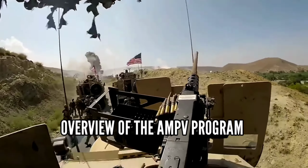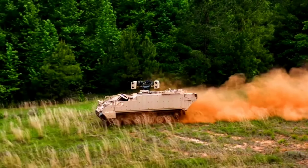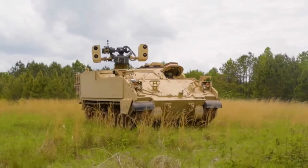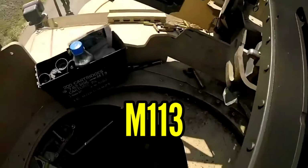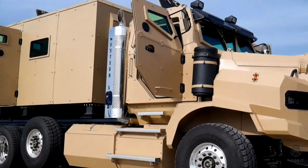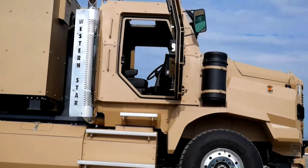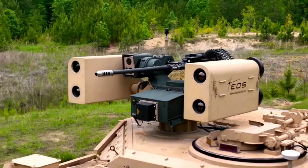Overview of the AMPV program. The Armored Multi-Purpose Vehicle program represents a strategic initiative by the U.S. Army to replace its aging fleet of M113 armored personnel carriers, which have been in service since the 1960s. Launched to address the evolving demands of modern warfare, the AMPV program aims to enhance survivability, mobility, and versatility across